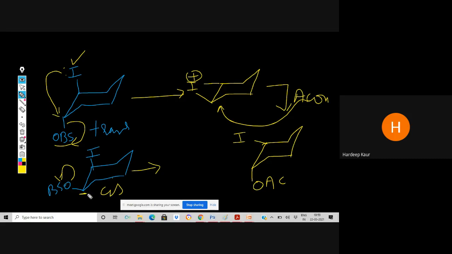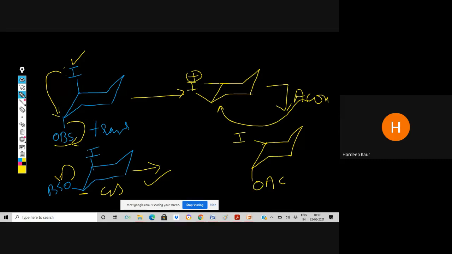Iodide इस end नु approach नहीं कर पाता. So इस करके its rate of acetolysis is very slow. ठीक है, बैक साइड तो आयोडाइड अटैक नहीं कर सकता, उन्हें फ्रंट साइड तो ही अटैक करना है। ਤੇ फ्रंट साइड ਤੇ ਕੀ ਬੈਠਾ ਹੋਇਆ ब्रोसिलेट ਜਿਹੜਾ कि वेरी बल्की ग्रुप है।